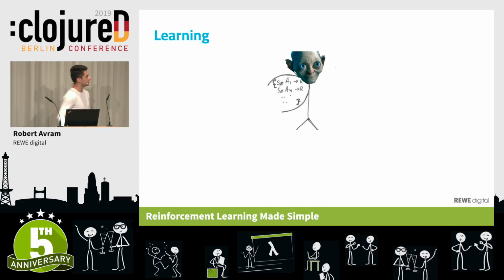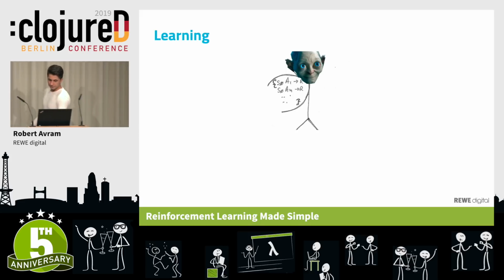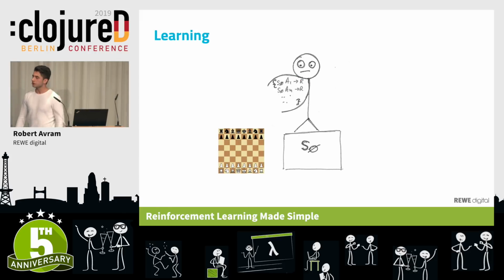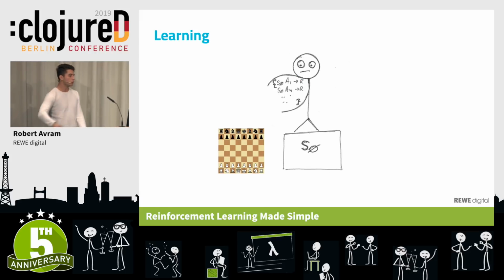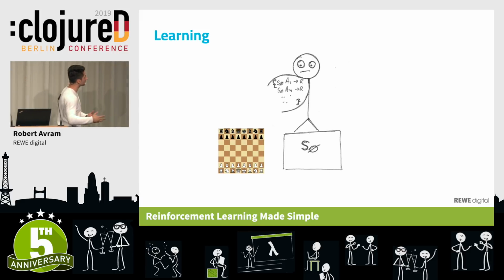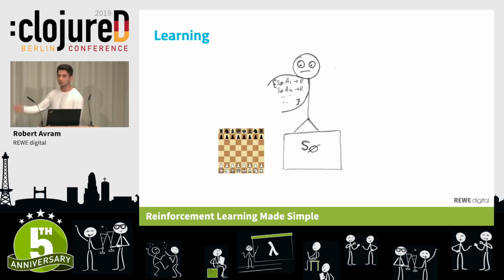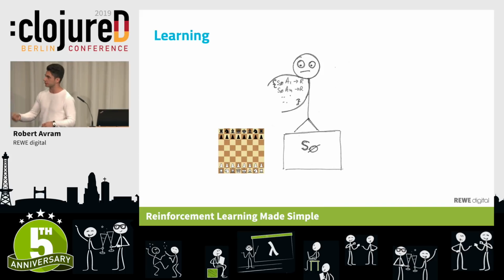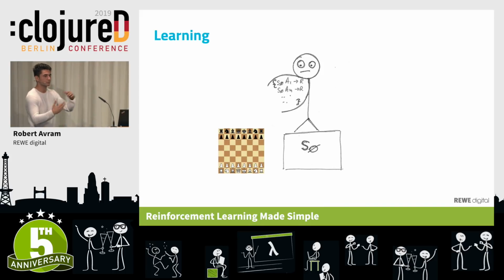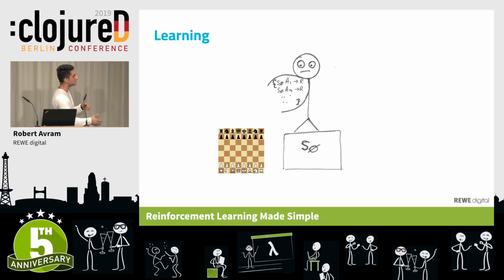Now, upon completion, he's going to take his experience with him. He's going to be quite happy. But you're then going to force him at the beginning again. You're going to put him and force him to do another iteration. But this time, he gets to keep the experience that he's gathered, and he gets to use it in this new iteration. And you repeat this process over and over and over again for as many iterations as you want. And with each new iteration, he gets more experience. He refines his existing one, and he learns more and more about your problem. In this case, it would be chess.